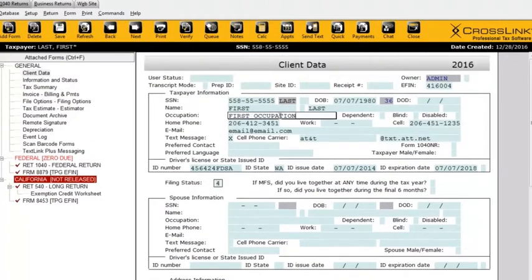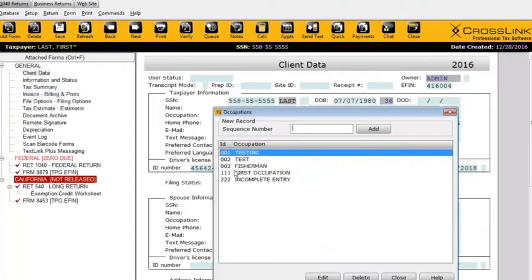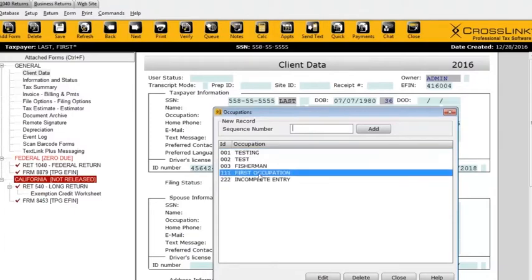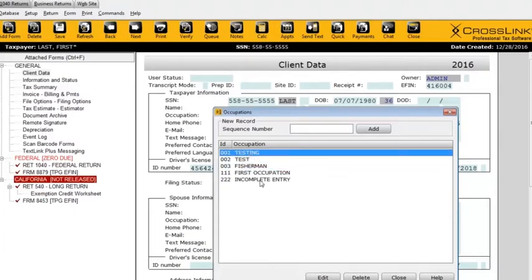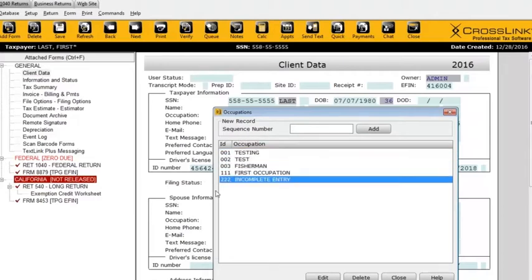Even though this doesn't save as a dynamic database, I can always modify it manually if I need to add someone. So for example, here are the ones that I've added manually into my program. So you can do the same. And when it comes to adding one of these manually, I should mention as well real quick, just because it kind of causes confusion sometimes. If I need to add one, if you encounter one of these sequence numbers, what it wants here is a 3-digit code for this new database option that you're adding. So all I have to do is type in any 3-digit number, whatever I want, as long as it doesn't repeat,